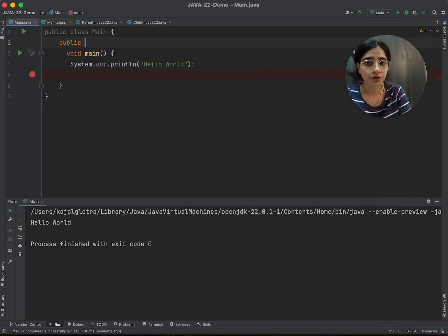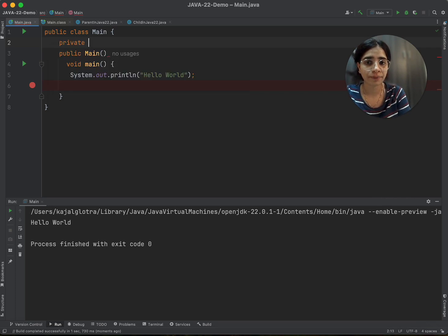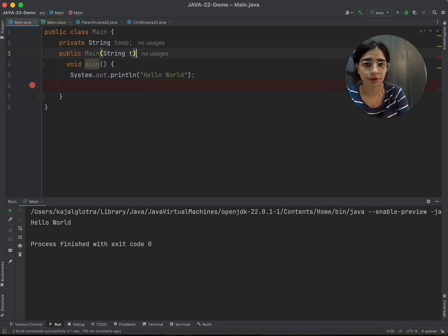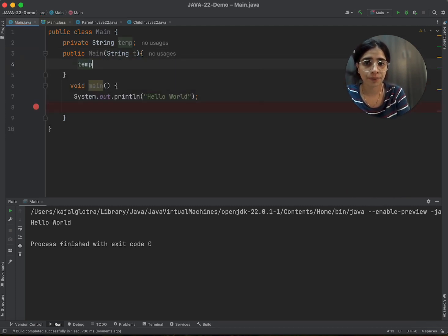Now I'll remove the default constructor of it, and let's say I have an instance level string, so I'll say private String temp, and inside this main I'll pass String t maybe, and I'll say temp equals t. The default constructor which gets added by the Java compiler, I have removed.